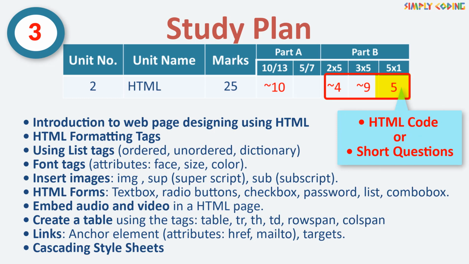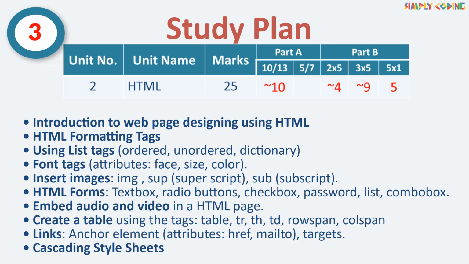There will be one question to write HTML code to generate a web page. The other option would have 5 short questions, similar to section A, where you could be asked to either explain some tag or write HTML statement to use some tag. This summarizes the changes, sample paper mark distribution, and your study plan. If you follow this, you can easily score 95 plus marks.